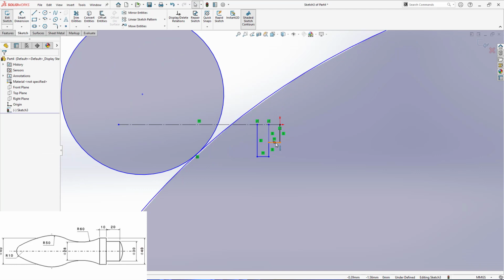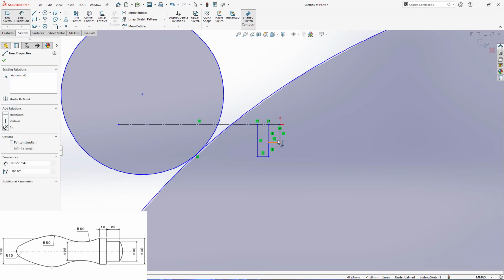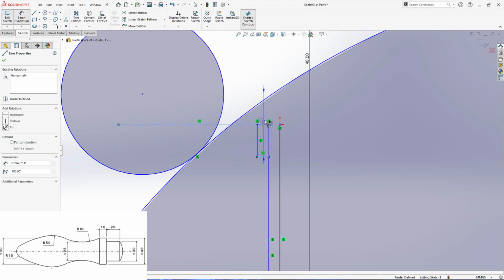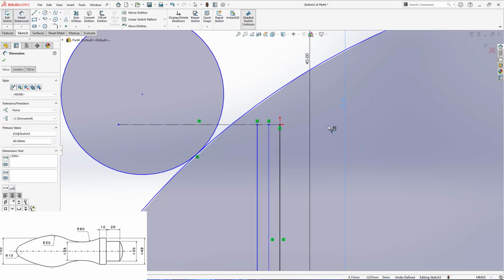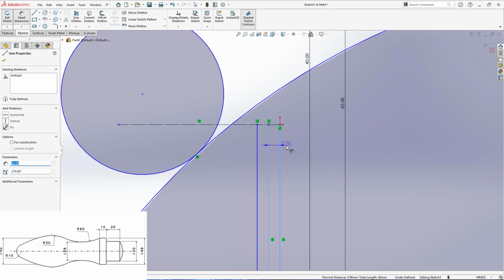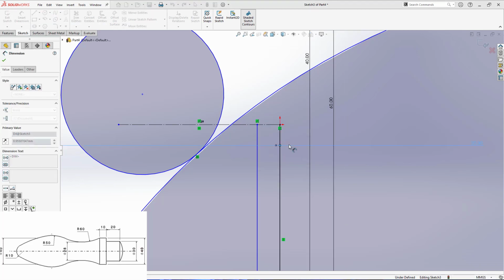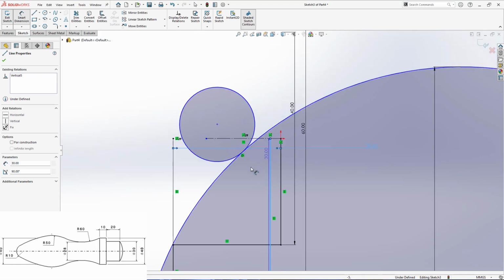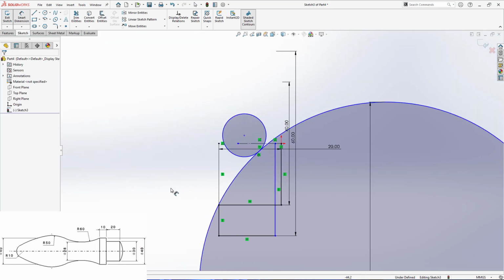And here I would like to assign the dimension. So from here to here, you can see it is 15. If you move it outside, it will give the diameter. That's 40 here. And similarly, this one from here to here, it is 60. Right? And this distance from here to here, you can see it is in mm and it is 20. And similarly from here to, is it moving outside? Yes,